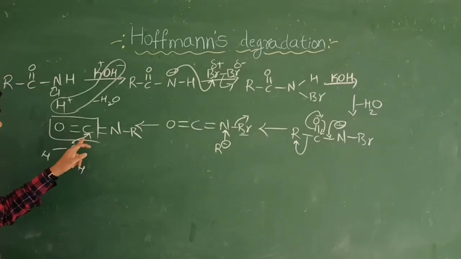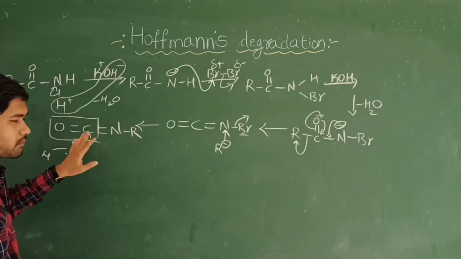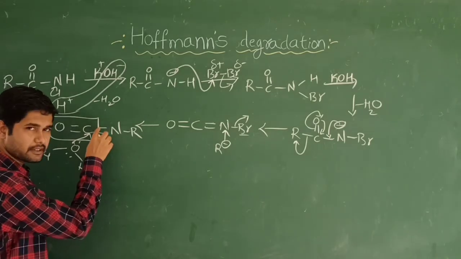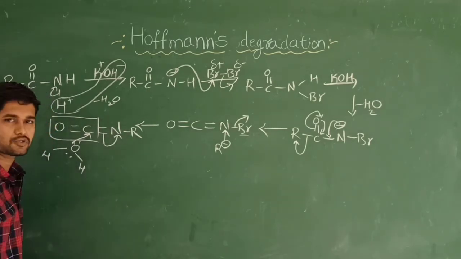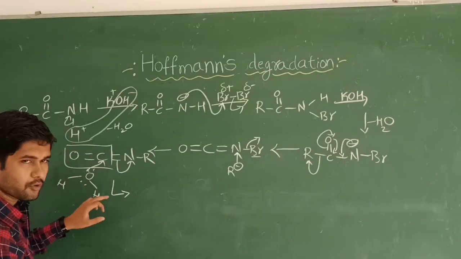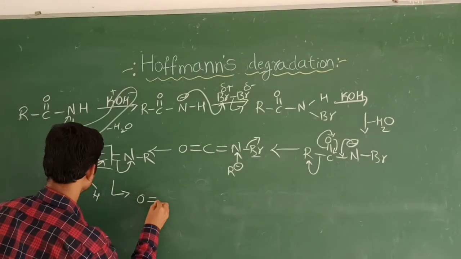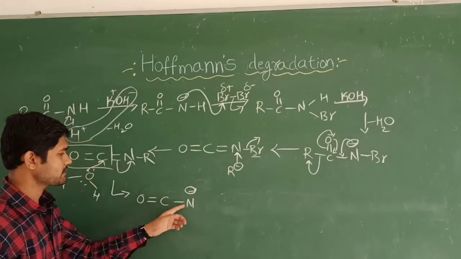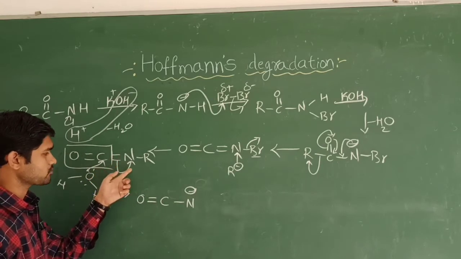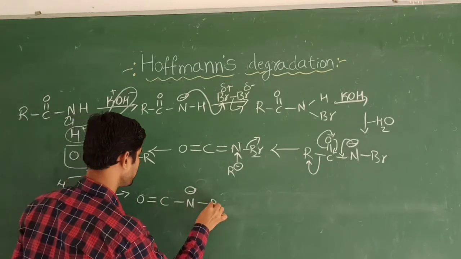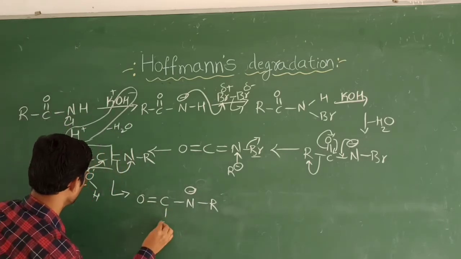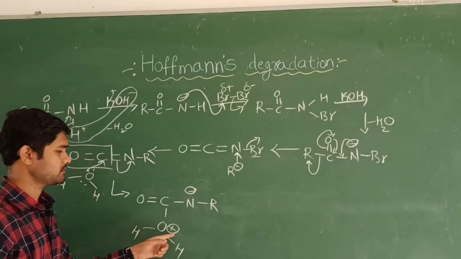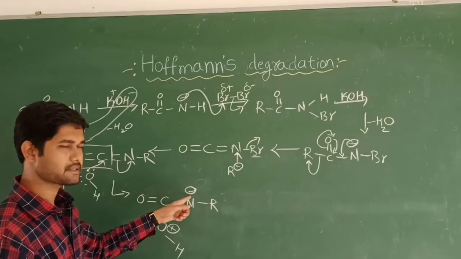Now what happens? When this new bond forms, carbon becomes pentavalent. So that's why I am going to shift the double bond to a single bond towards the nitrogen atom. So let's see, I am going to write it like this. Now N gets a negative charge, because when this bond shifts to the nitrogen atom, it becomes N minus, with the R group, and here I am writing OH. This is a new bond formation. Okay, water now has the deficient charge, that is a positive charge, and this is a negative charge.